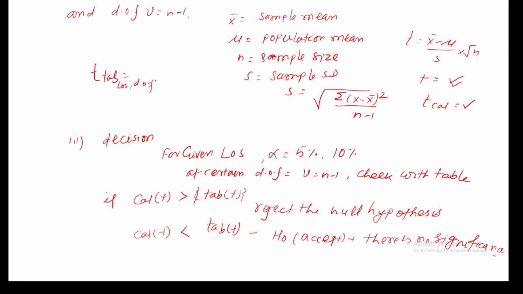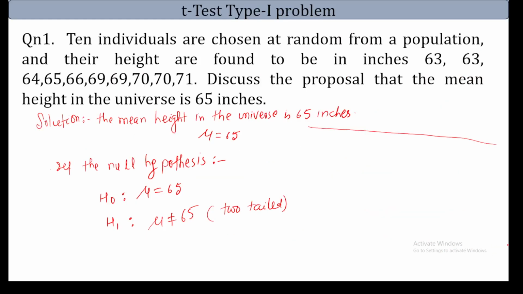for the level of significance and degree of freedom. Okay. So now you have the T calculated and the T tabulated for a given level of significance. If the calculated T is greater than the tabulated T, reject the null hypothesis. If the calculated T is less than the tabulated T, we accept the hypothesis, meaning there is no significant difference. So that is the one question there: